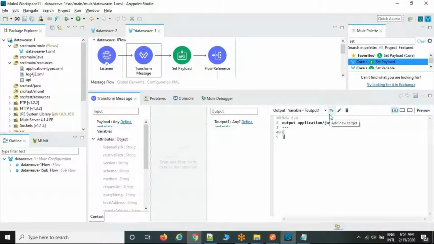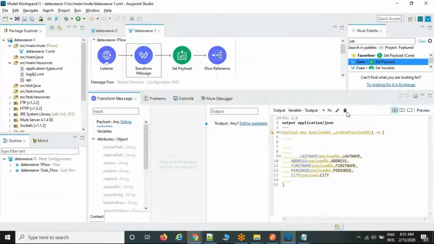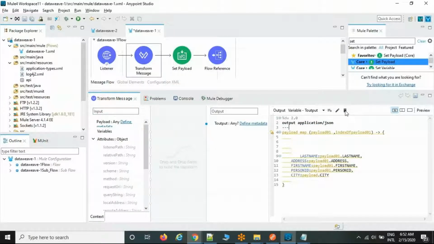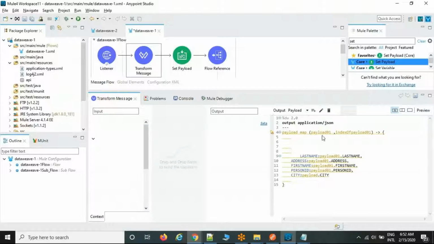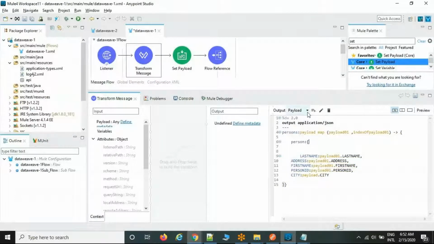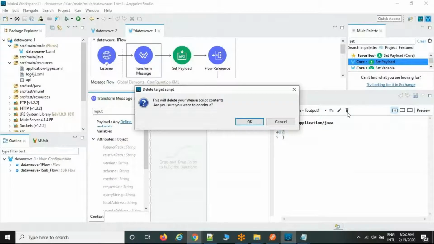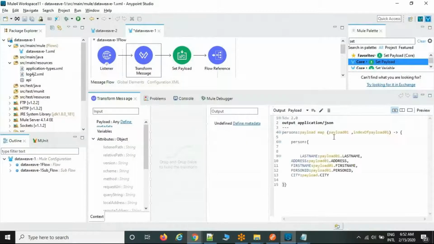Whichever variable data you want to carry, wherever, like in a subflow or private flow, you can just carry the variable name, so that the output will be generated. Now if you want to delete the outputs, if these are the variables, just click on this and you can delete the variables. Now the transform message output will be stored under payload and variable output. The current output, you can create it or delete it. This is the default one.